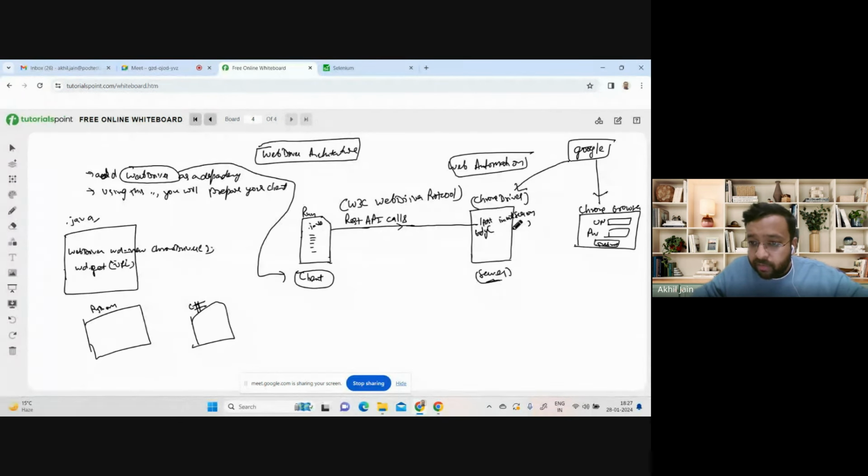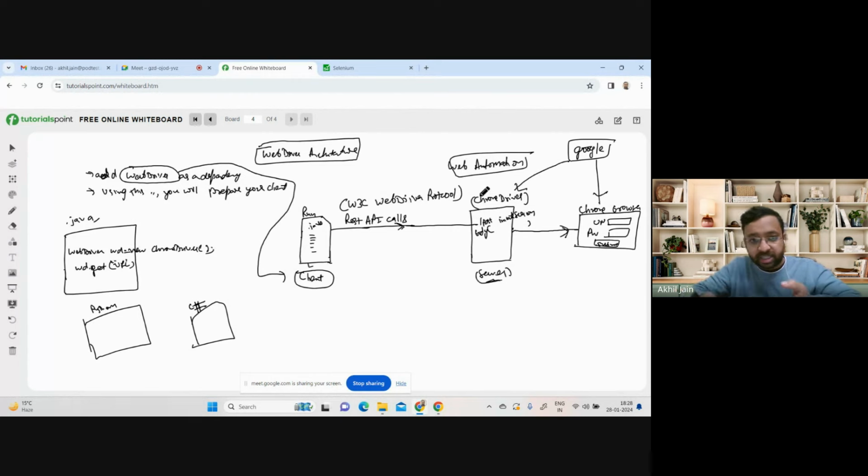So it will then do what all is required, which is again internal to Google, how it is translating this API request into an action on a browser. That we don't have to care about. What we need to know is how to write our scripts, and we don't even need to care about how that conversion of our scripts to API calls happens. We just need to have that understanding. So our code gets translated to API calls, it reaches the Chrome driver, and the Chrome driver receives that input and then makes the necessary